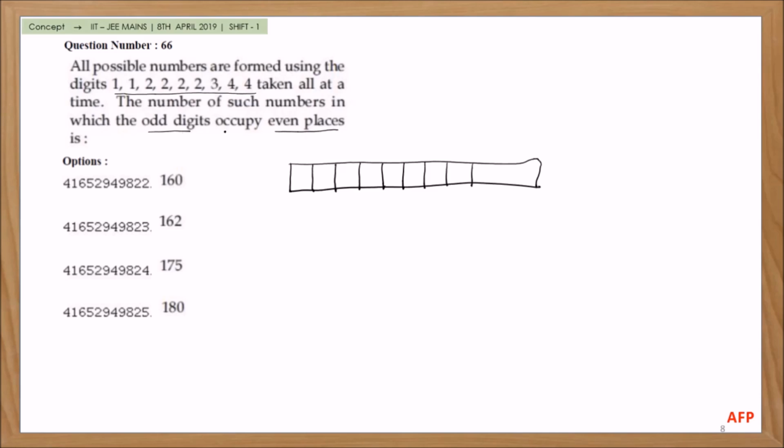So odd digits occupy even places. So these are the even places which are there. How many odd digits are there? 1, 2, 3. 3 odd digits are there. We have to place them in 4 places. So out of 4 we have to select 3 places and arrange them. 3 digits are there, in which 2 digits are the same, so 3 factorial divided by 2